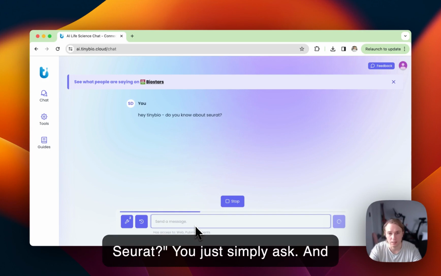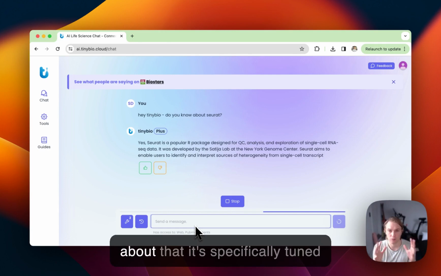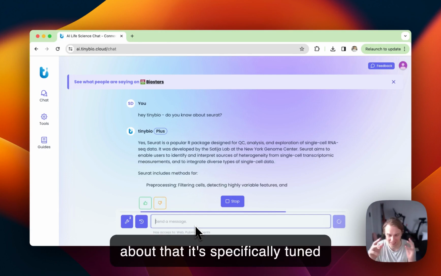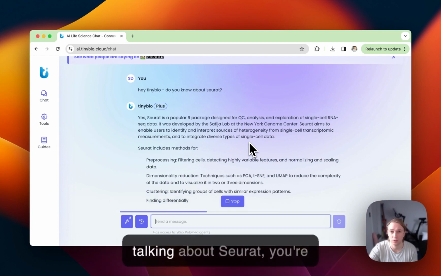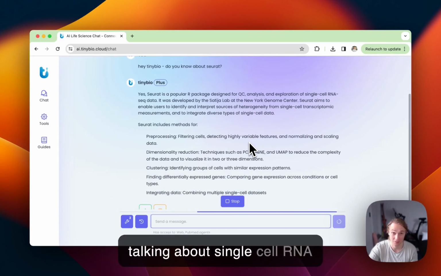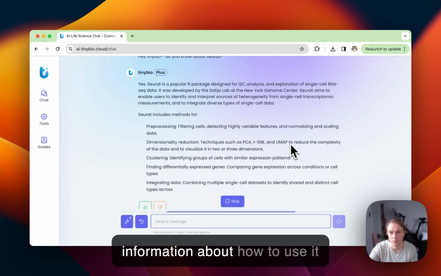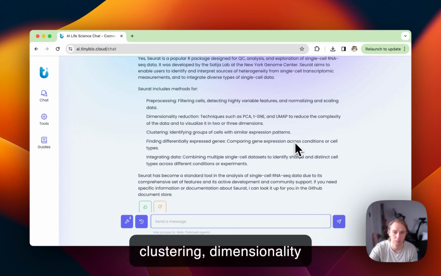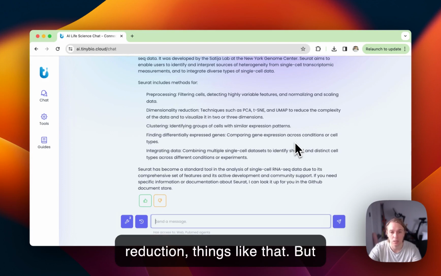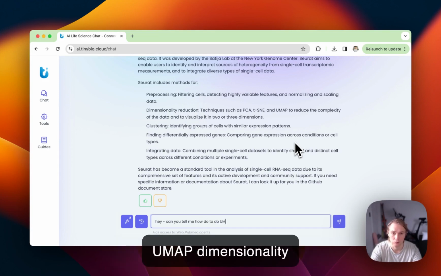You just simply ask. And so our chat knows about that; it's specifically tuned for bioinformatics use cases. And so when you're talking about Seurat, you're talking about single-cell RNA sequencing. It'll give you some information about how to use it and what it can do, the type of clustering, dimensionality reduction, things like that. But most importantly, you can ask it, hey, can you tell me how to do UMAP